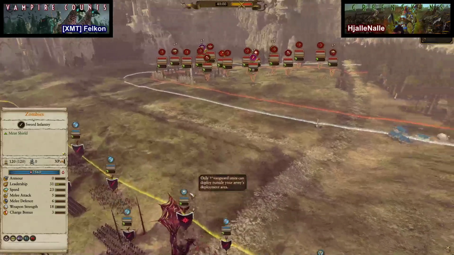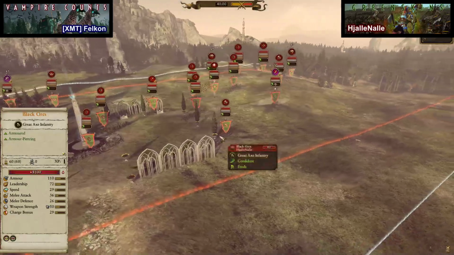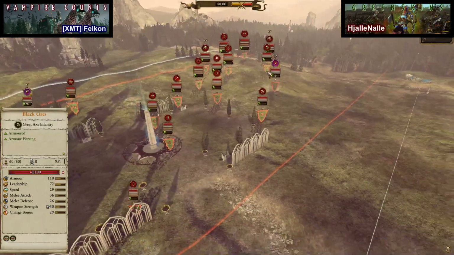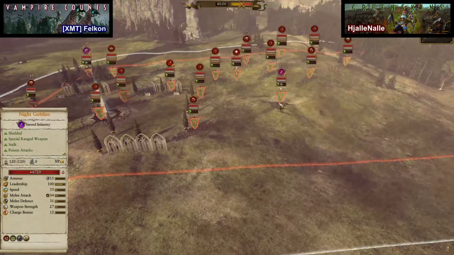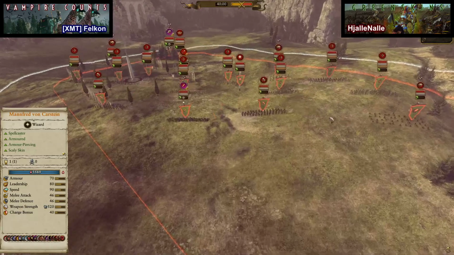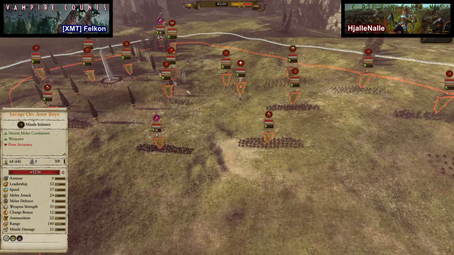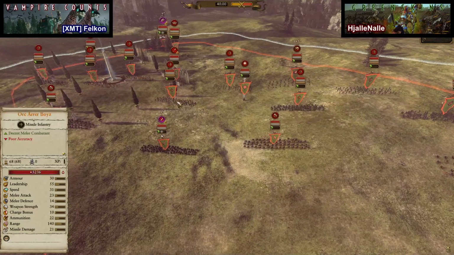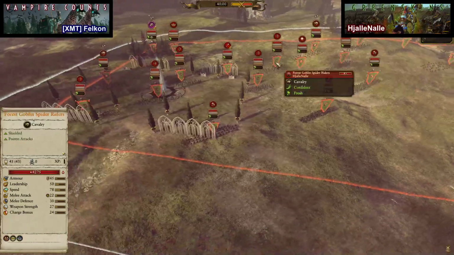Now, taking a look at the Greenskin army here, being brought by our red player, HjalleNalle. He is going to have a front line that consists of 2 Black Orcs. We got the 8-peak Loonies up front here. They're unbreakable. He's going to have a ton of archer power here. So 1, 2, oh man, so was that 2 Orc Arrow Boys, 3 Orc Arrow Boys, 4 Orc Arrow Boys, and then we're going to see